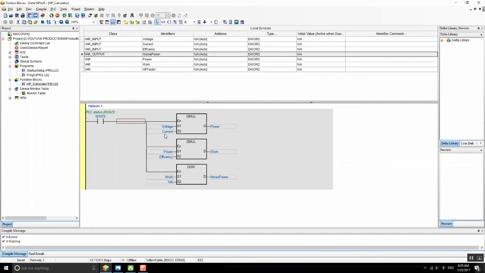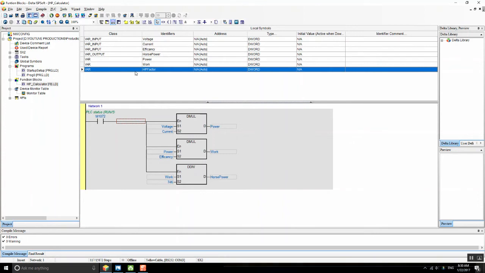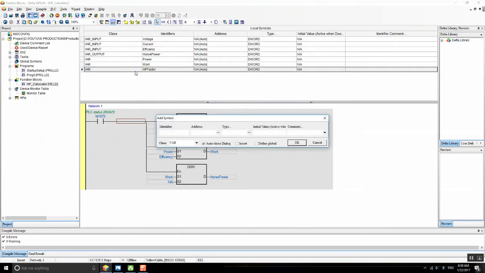In these variables, I'm using double words. You have to declare which variables are the inputs and which variables are the outputs, and you can also assign an identifier. I'll be using identifiers. To introduce a new identifier, you just click on this box and on this table, and you just start typing the identifier's name. In this case, I already